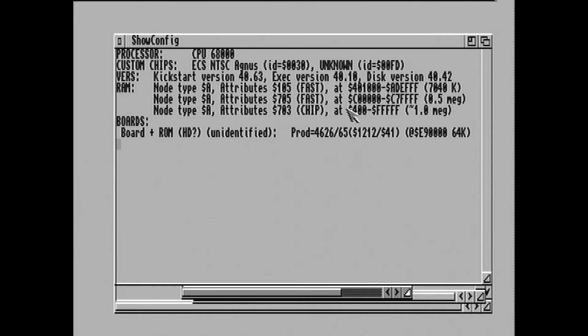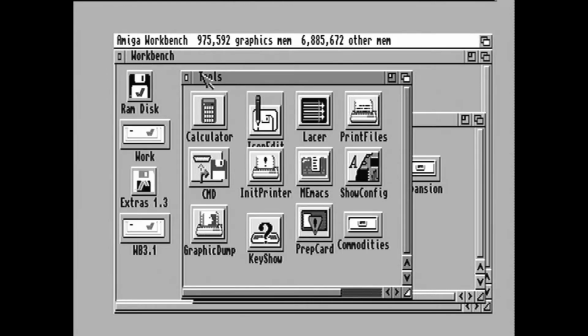But yeah, so it takes my 5 megabytes of RAM and just converts it to fast RAM. So it ups my available memory here, which puts me at just over a meg of fast RAM and roughly a meg of chip RAM. Again, I have no idea what any of that means. I have unfortunately not